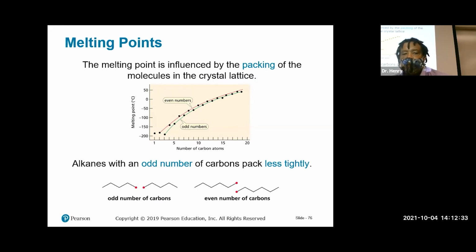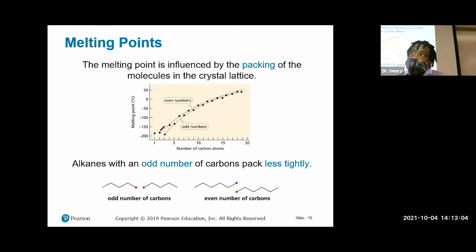Melting point has very similar effects as well. The melting point is also going to be affected by how things pack. This here represents the number of carbons on the atom. So if we have an odd number of carbons, even number of carbons,